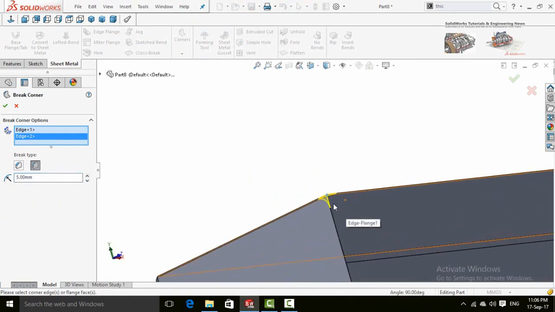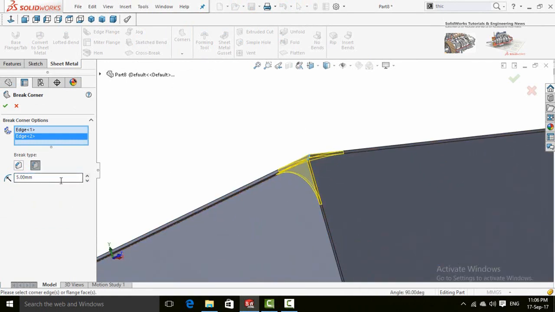So these corners are cut or trimmed. Type of cutting or trimming: if you want a linear cut, click on this box, or you want some type of fillet, click on this. Here is the size, then press OK button to apply it.